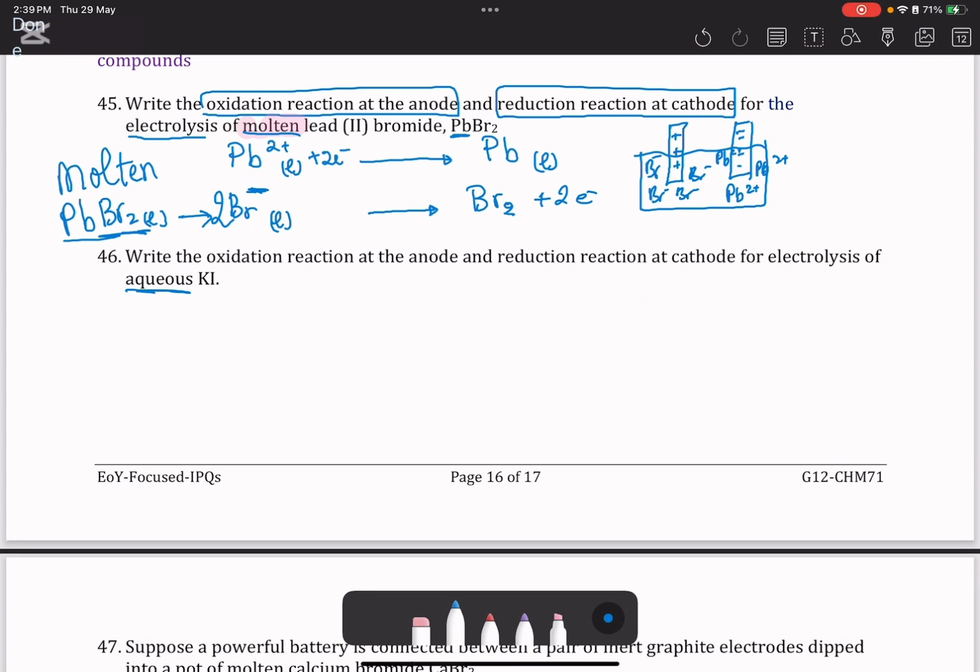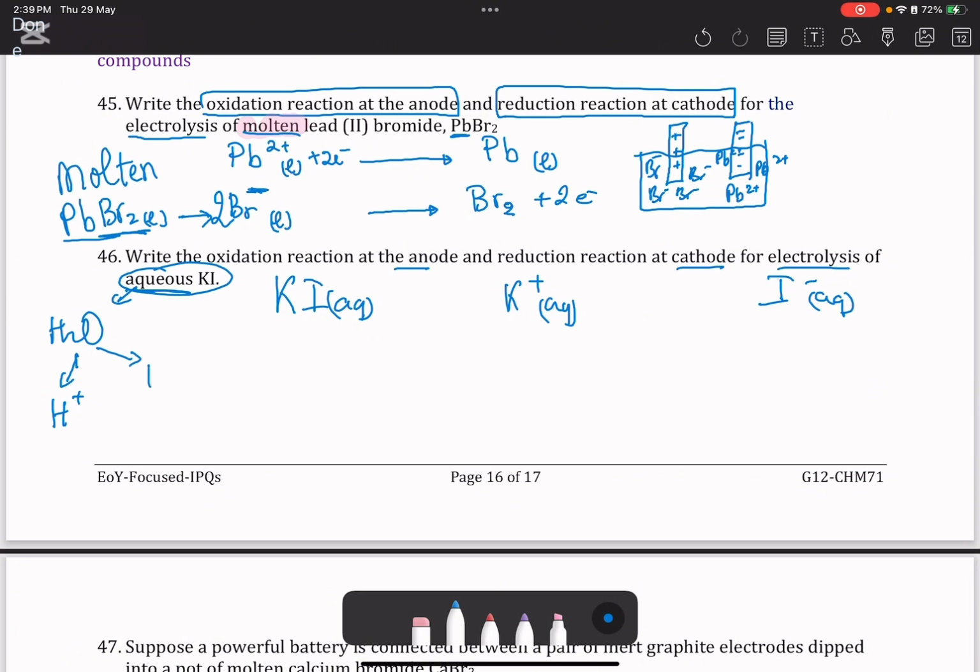Now, before the last question, it is saying write the oxidation reaction at the anode and the reduction at the cathode, electrolysis of aqueous. In the aqueous electrolysis, we don't only have to think about the ions of the compound. So I have KI aqueous. KI aqueous has K plus ion and has I minus ions. But since this is an aqueous solution, we also need to think about the ions of water, which are H